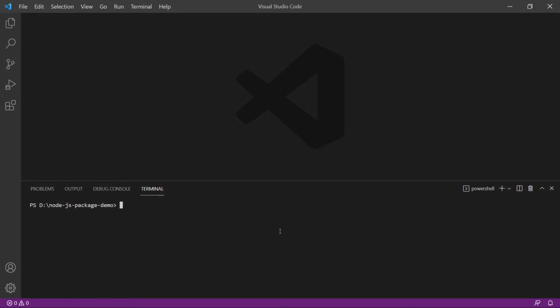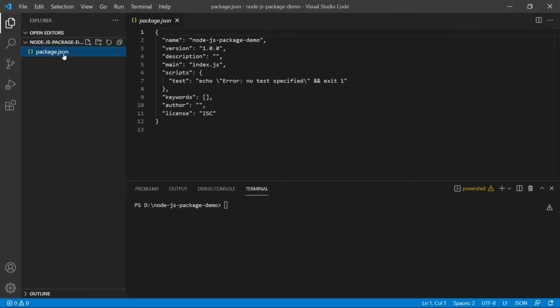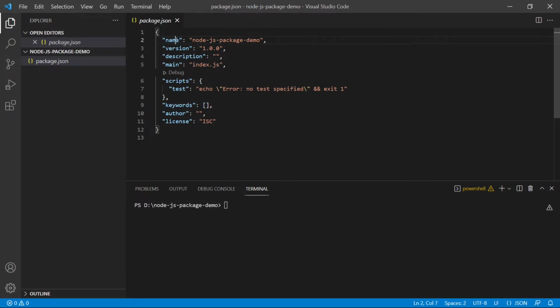Once this is done, now we have a package.json file here. Inside this, I have the name of this project, I have the version, I have a description for this project, I have the main entry point for this project. So index.js will be the entry point. There are these scripts that I can use to run my project. In this case, there's only a test script. I have keywords over here, which basically makes it easier for people to search this package in the npm store. The author key is the person who is going to be maintaining this package, and I also have a license here.